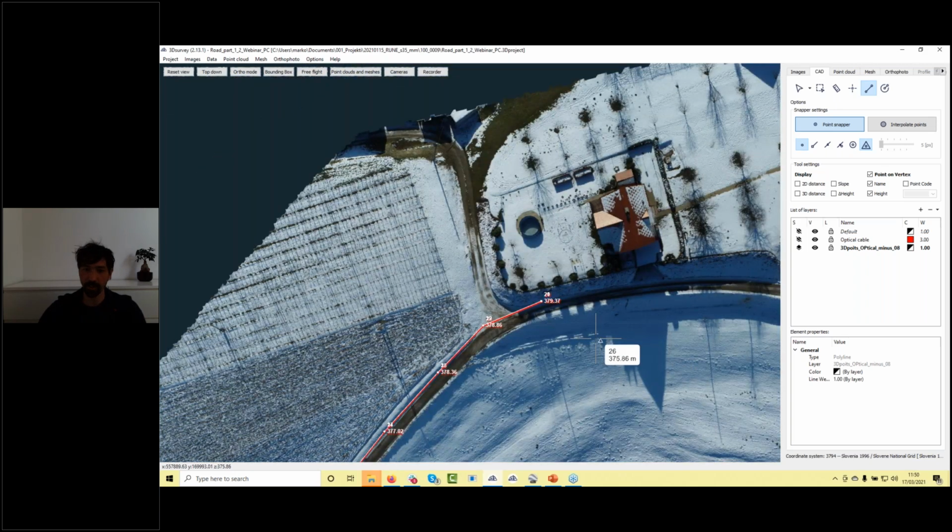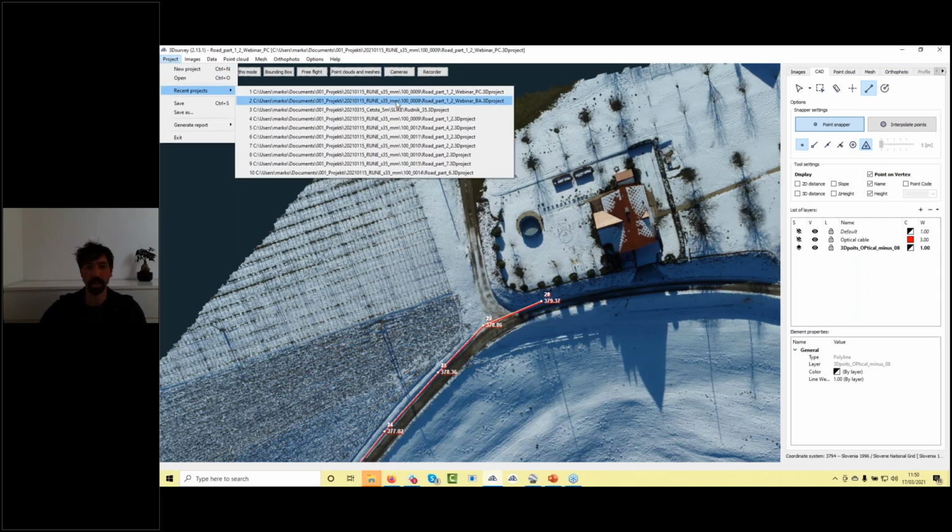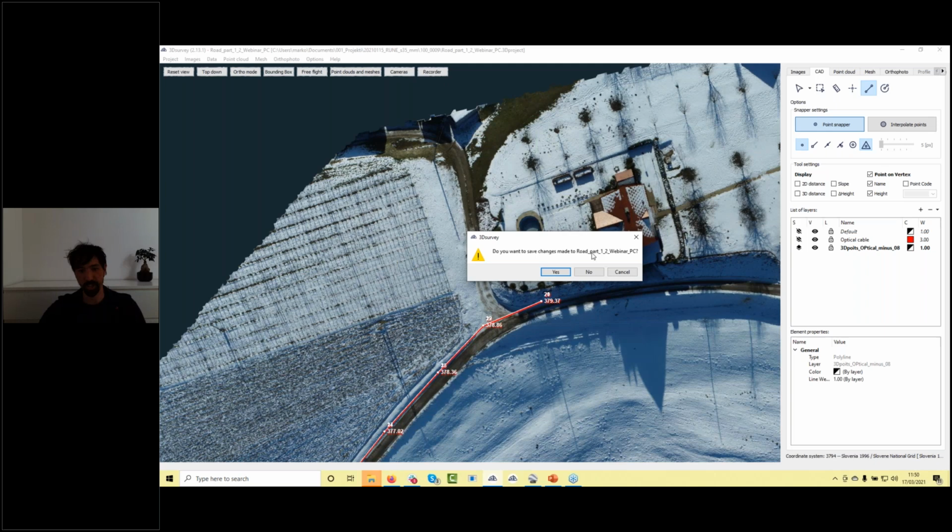We fly here from 80 meters. We have nice detail out of it, but nevertheless, if you would need more detail or anything like that, you can go and fly lower. Maybe just for